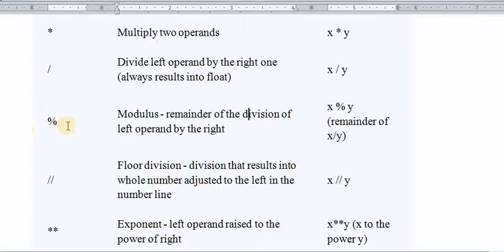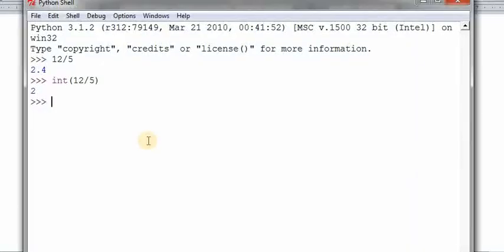So the next operator is the modulus operator. What is the function of the modulus operator? The modulus operator is used to find the remainder. You know very well what the remainder is. Whenever we divide one number by another and do not want the number in decimal, in this case you get the remainder. Let's take an example. Suppose 12 modulus 5. What will be the result? 5 times 2 is 10, so 2 will be the quotient and 2 will be the remainder. So this is the use of the modulus operator.